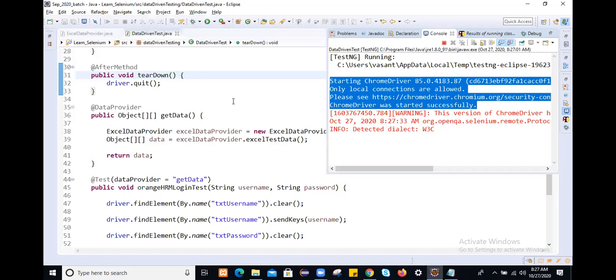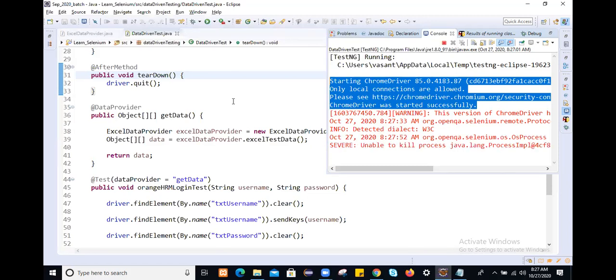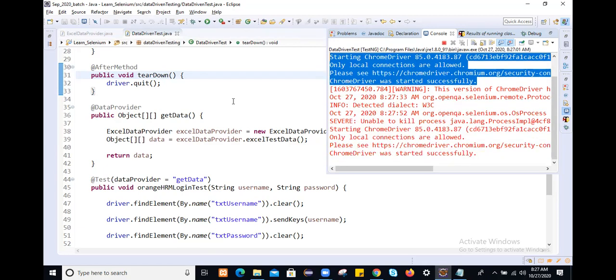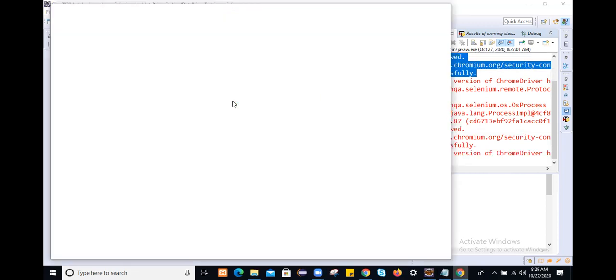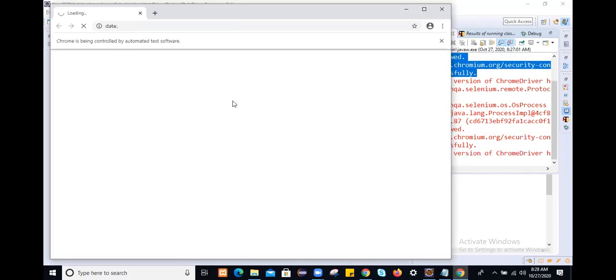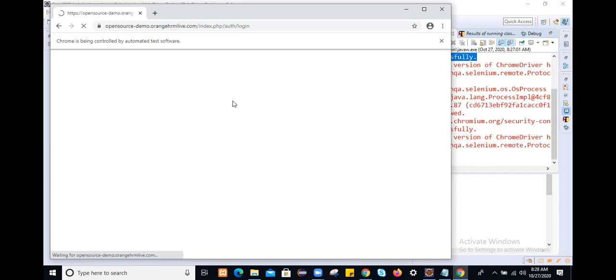I don't know why it is closed. Let's check for the second test. It will launch for the second test.